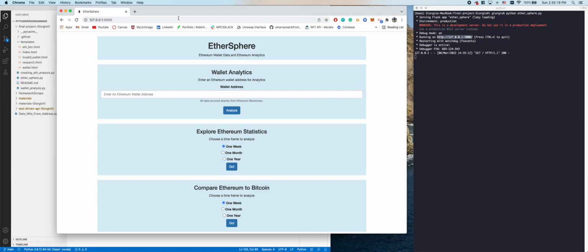So before I even start showing it, my original idea for this project was that in the past 6 months, I've been doing a lot of trading with cryptocurrency and NFTs, and I've noticed that a lot of my Ethereum holdings were somehow disappearing, and I couldn't put my finger on why. I knew that gas fees and transaction fees were a big thing, but I didn't realize how big a deal it really was. So I discovered a few sites which showed me how much I was spending in gas,